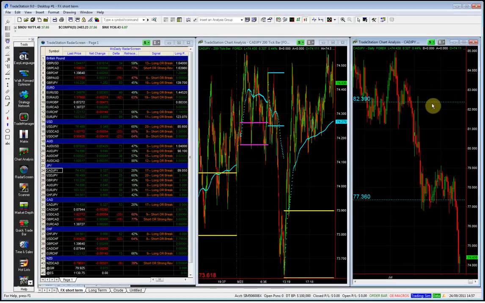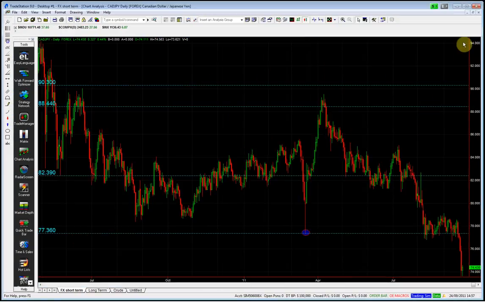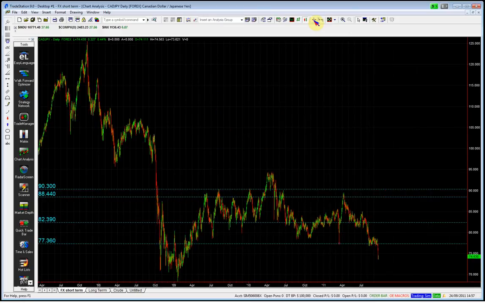CAD yen then. The CAD yen has really pushed on, and we've had that huge, great big